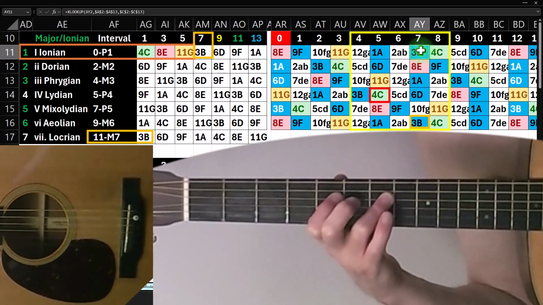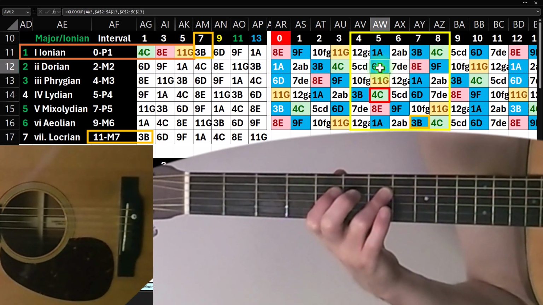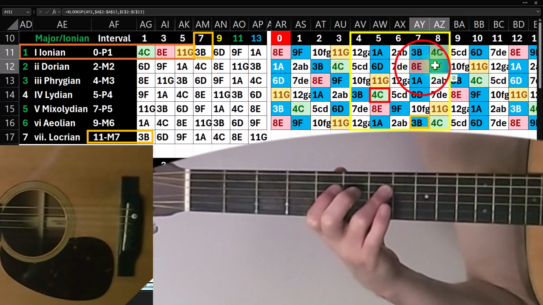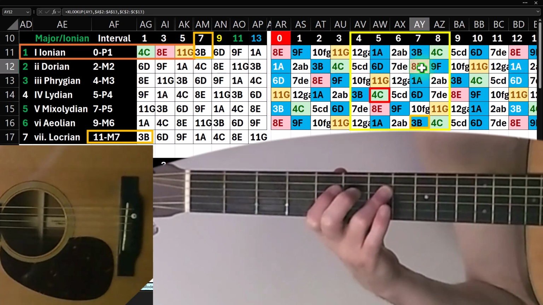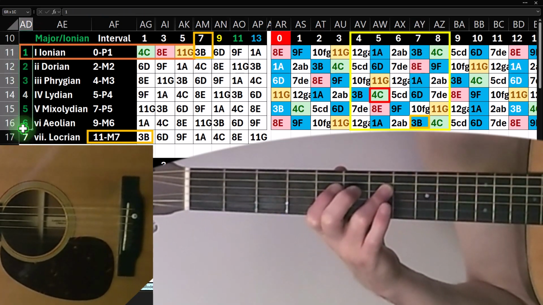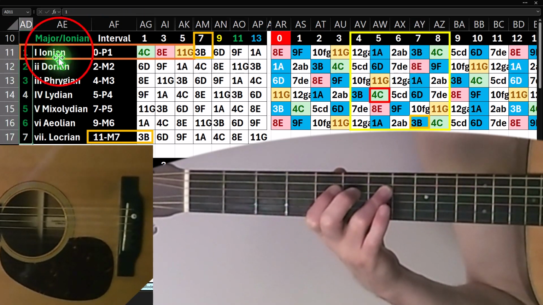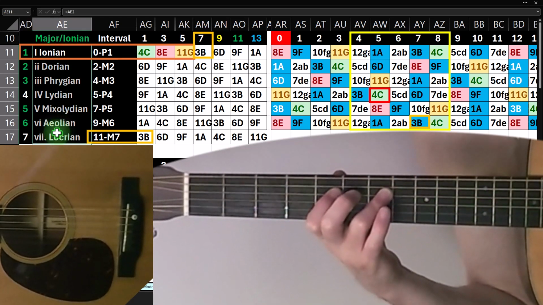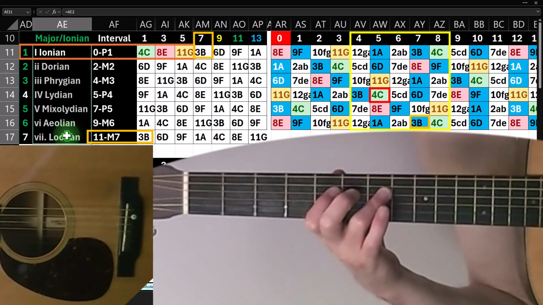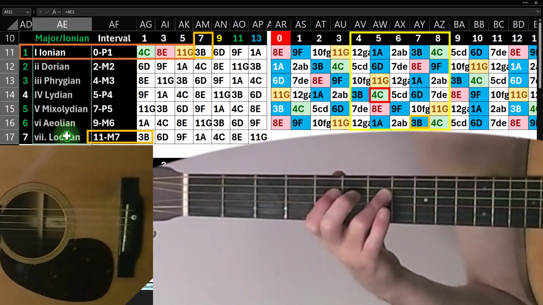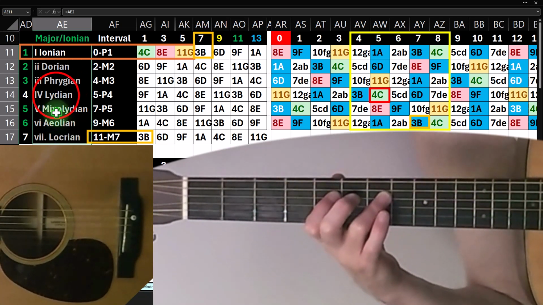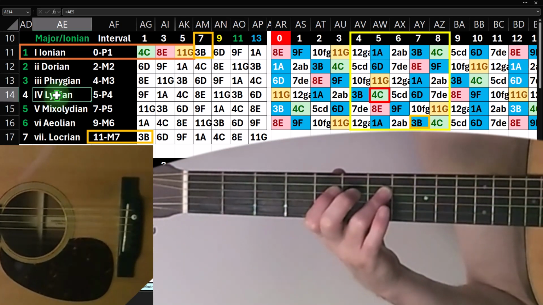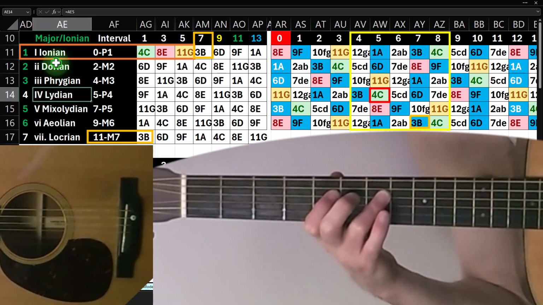But I can start from any other note and play those same notes, right? If I start from the D, I play the Dorian. If I start from the E, I'd be playing the Phrygian. So I could start to see each of the notes as a relative position, 1 through 7, but I also would like to name them from a modal construction as they relate to the major scale. So I'm going to number the modes in a permanent modal construction, 1 through 7. So I'm going to say the Lydian is going to be mode number 4 as it relates to the major scale,